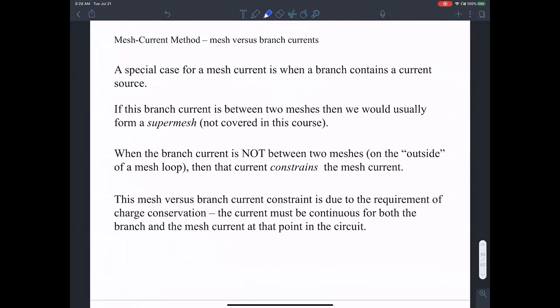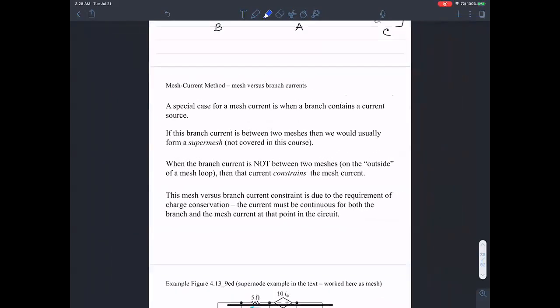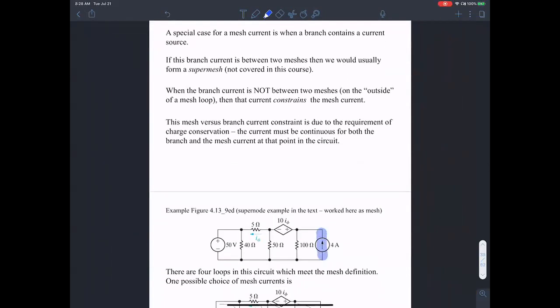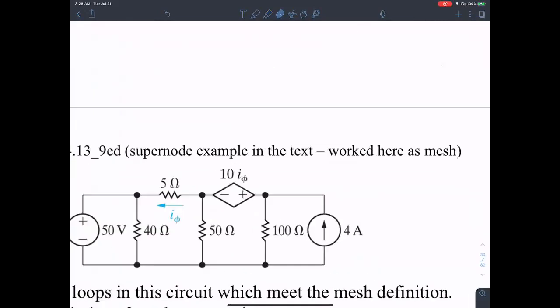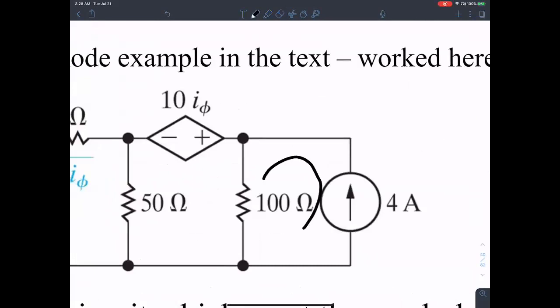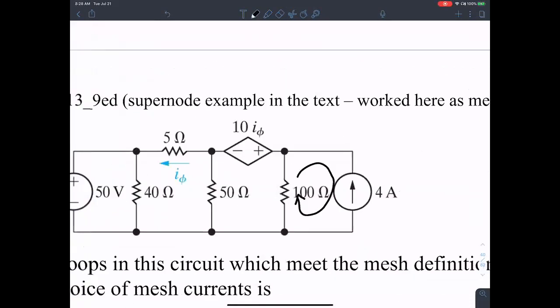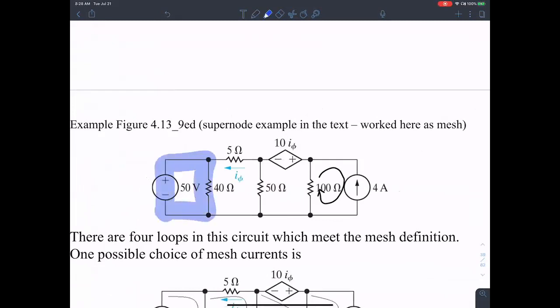Okay, so now a special case for a mesh current is when the branch contains a current source. Okay, when one of these branches contains a current source and you're setting up a mesh current, okay, if you're setting up a mesh current like this, I don't know, there's one mesh, a second mesh, a third mesh, a fourth mesh. Okay, there are 4 meshes, so I'm going to call this as I4. Okay, in I4, when you're writing the mesh equation,